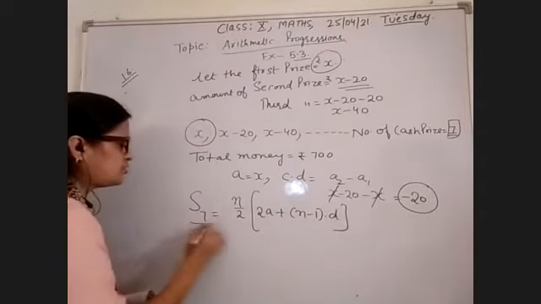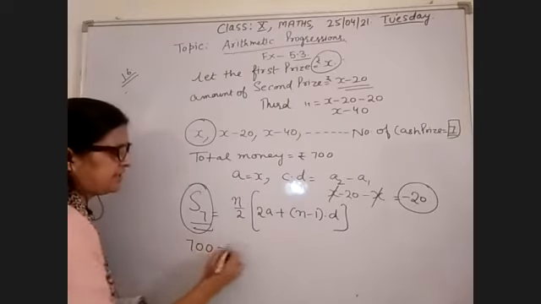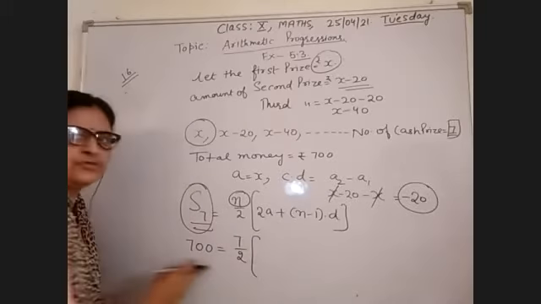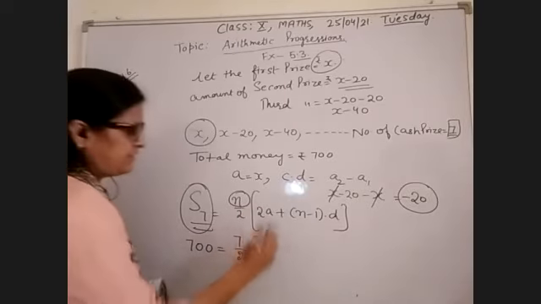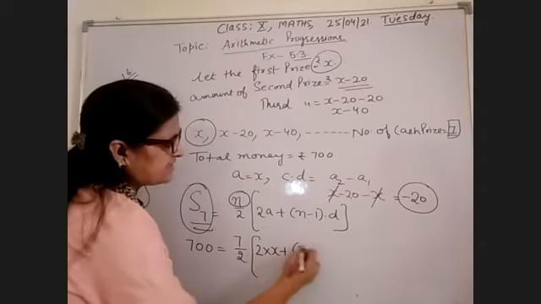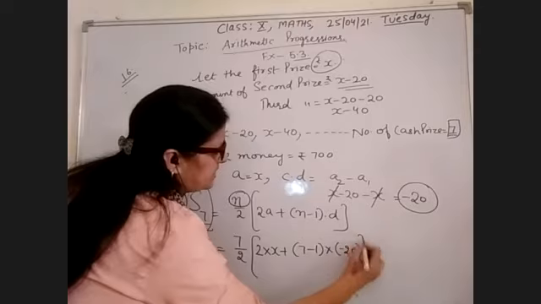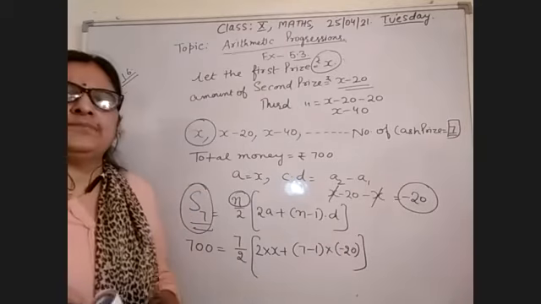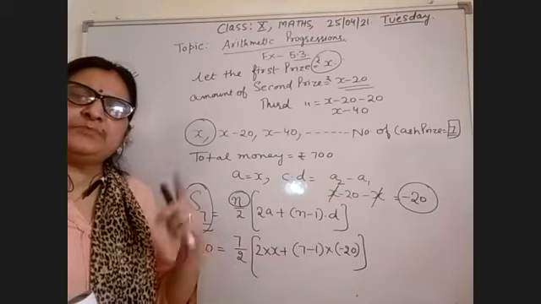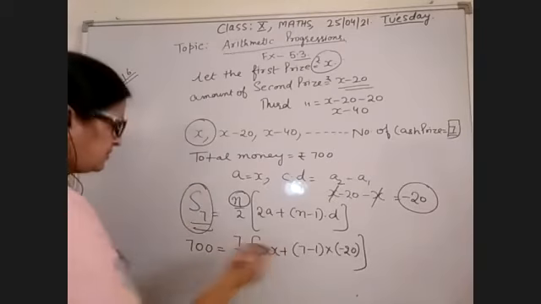In this question, total sum of the 7 prizes that is given 700. And number of prizes are 7. You have to put the values in every value, and A is given here X and N is given here 7 and common difference is given here minus 20. ये already I discussed with you that common difference may be positive, negative and 0, both also.